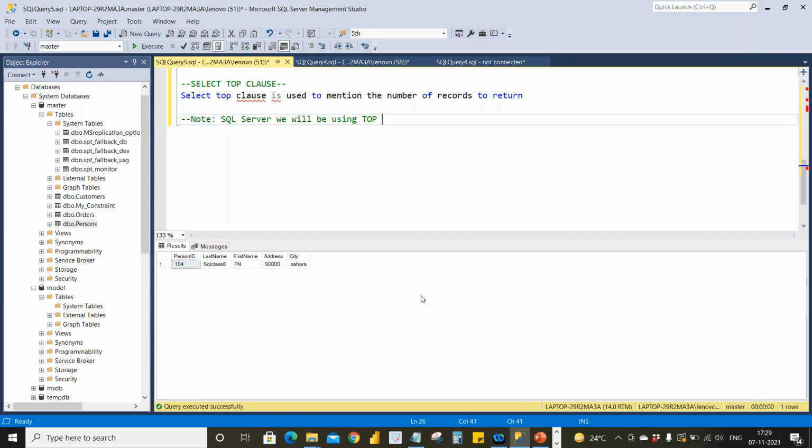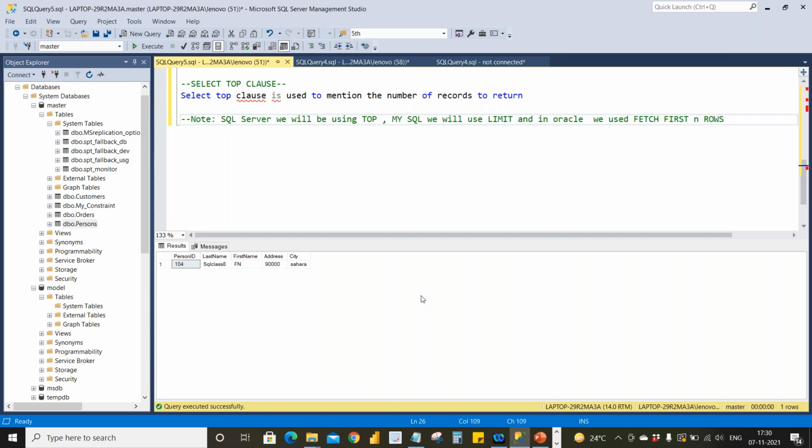But there are other applications too: besides SQL Server, we have MySQL and the Oracle database. In MySQL we use the limit keyword, and in Oracle we use fetch first n rows only.